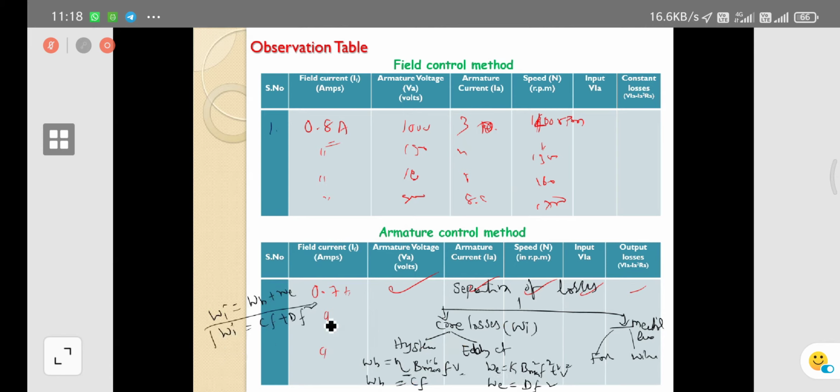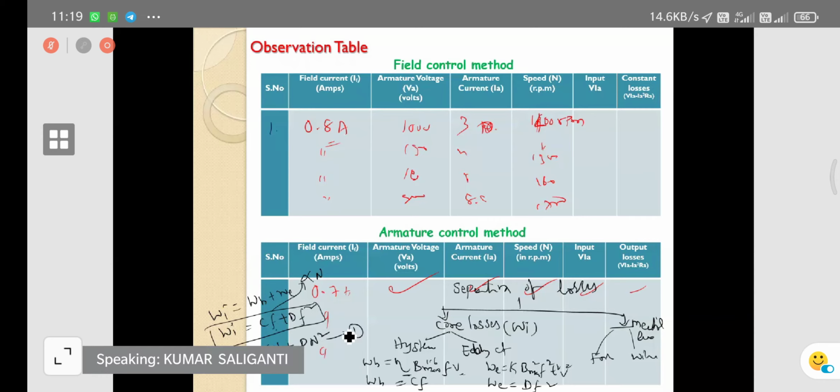This is the most important one. Similarly, there are the mechanical losses here. But one point you have to remember: the frequency of flux reversal depends on the speed, it is proportional to speed. That's why, instead of frequency, I am writing Cn plus Dn square, which is equal to the iron losses. This is the most important one.